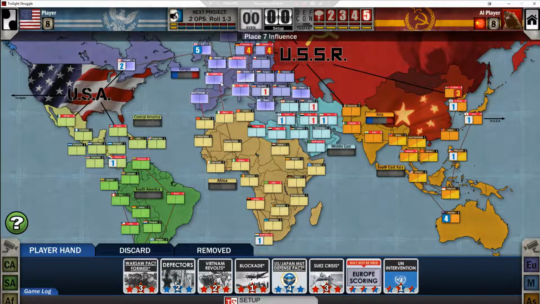So we got to place 7 influence to begin with. We're going to go ahead and lock up West Germany, lock up Italy, and throw one. I can either throw one in Turkey or one in France, and I'm inclined to go with France right now to make tying it down with maybe Warsaw Pact formed